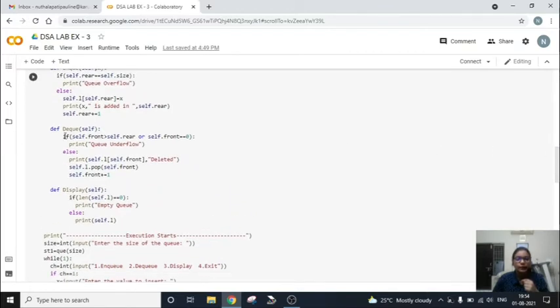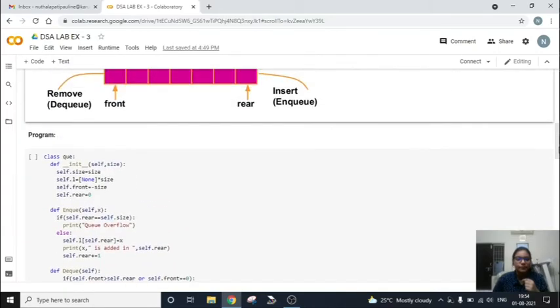DQ is for deleting elements or deleting values. Here also we have used an if-else condition. This if condition has 2 other conditions inside it, which are like, if the rear is less than the front, we have initialized here that front is equal to minus the size.